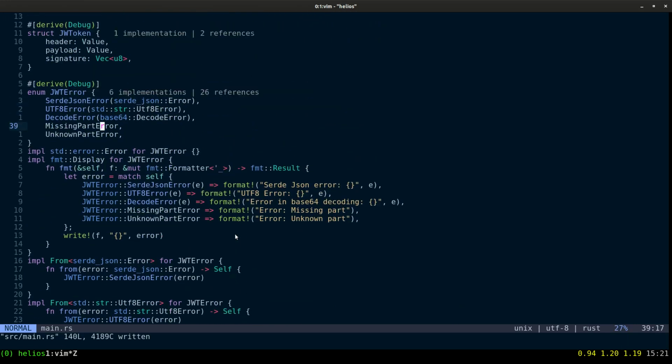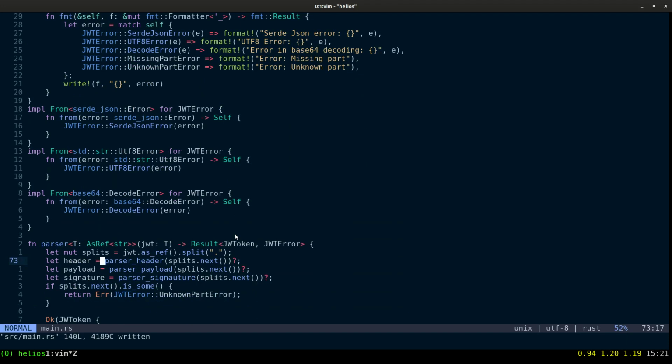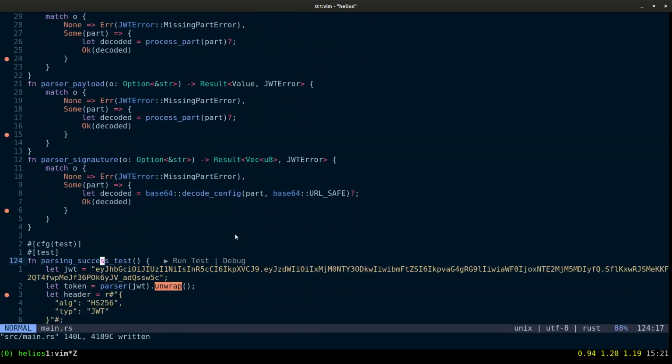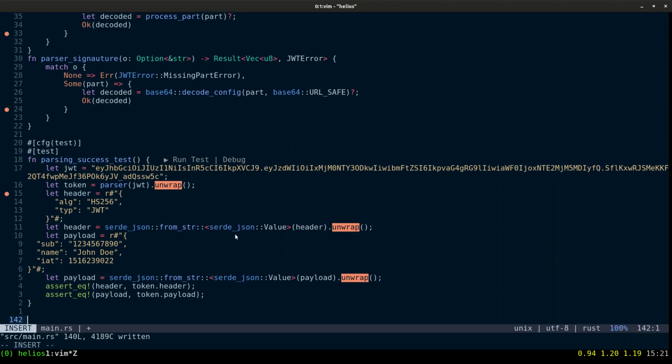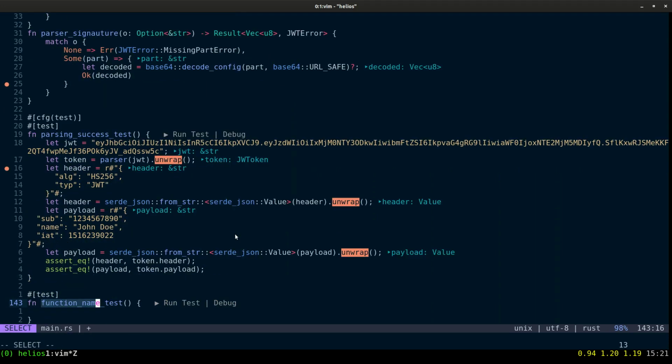UTF-8 error, I think that looks good. If you want, you can add some more tests here. Let's say, let me add one more test. We're almost done here. Let me add just one more test for an extra